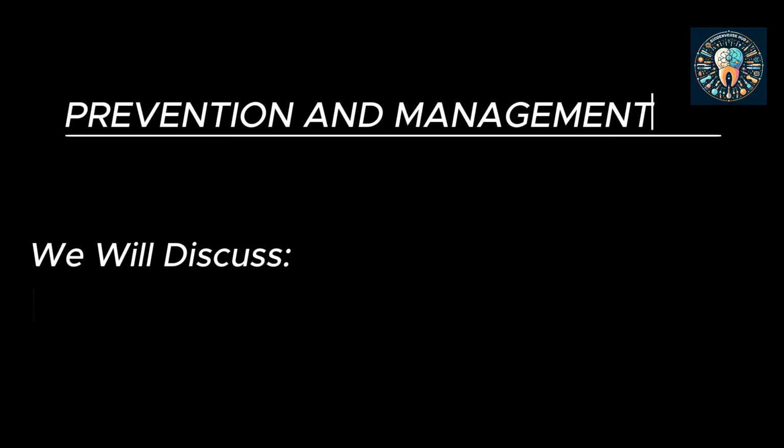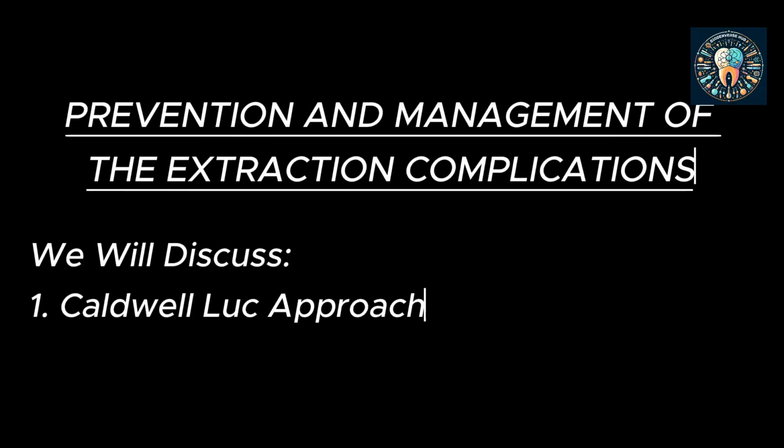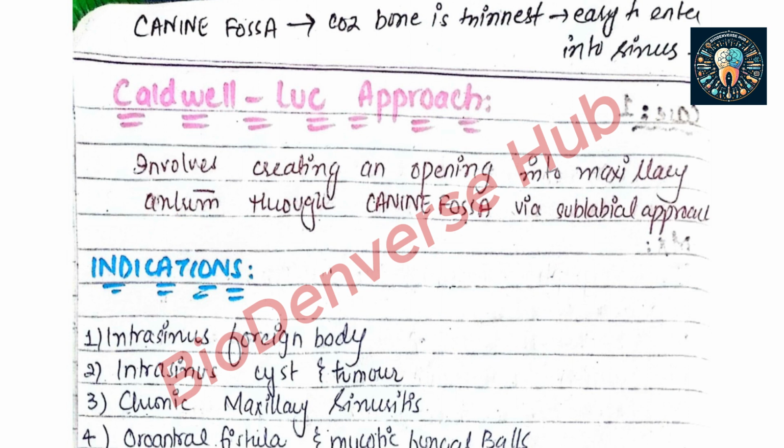Now we will be discussing the Caldwell-Luc approach in detail. It basically involves creating an opening into the maxillary sinus through the canine fossa via the sublabial approach. Why is the canine fossa considered? It is because the bone here is the thinnest, and it is very easy to access the sinus through the